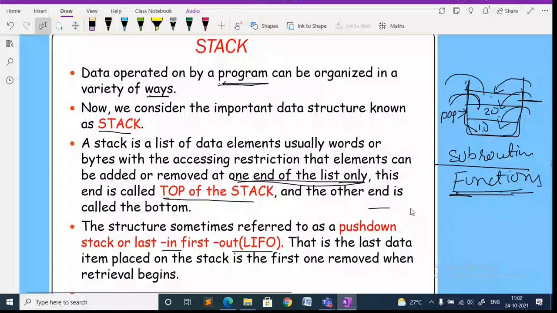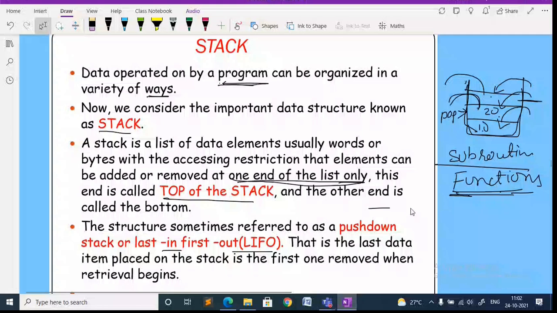Okay, so this is very, very important. We use a stack that grows in the direction of decreasing memory address. I already told this is the stack. So I already defined the memory address.